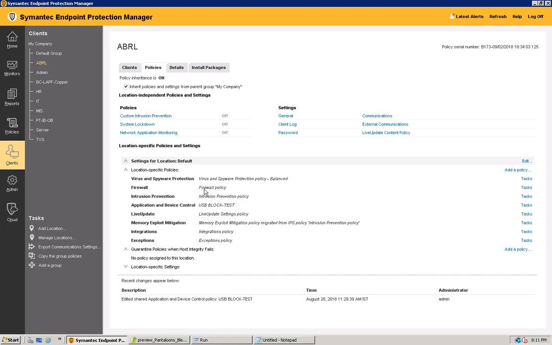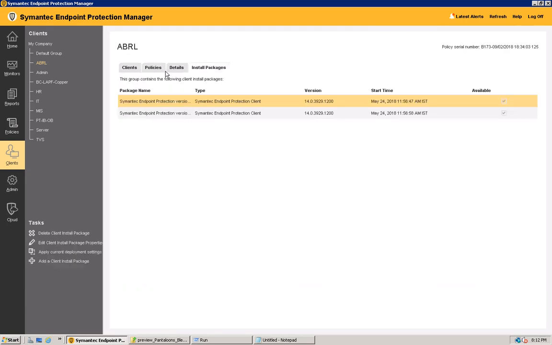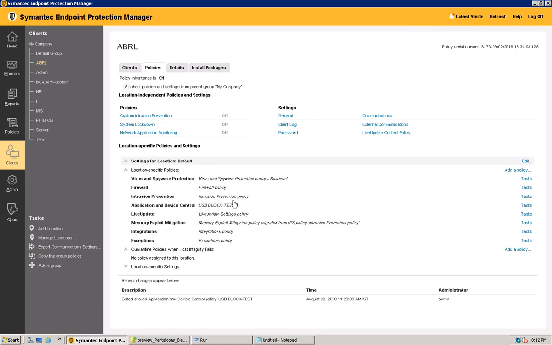So guys, this intrusion prevention policy created by default is applied, but I had created, I told you, one USB block policy, which is application and device control. So I have applied this. Now next one is live update. This one is also created by default. For example, now if I want to apply or run what we have just now created, then what we will have to do, we will have to go to this option here,